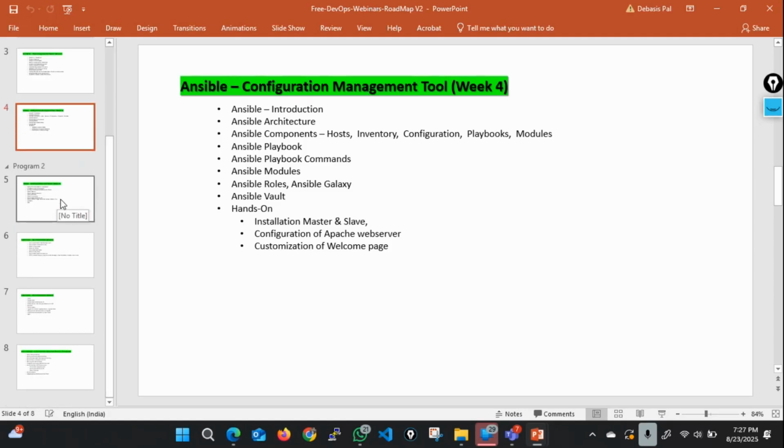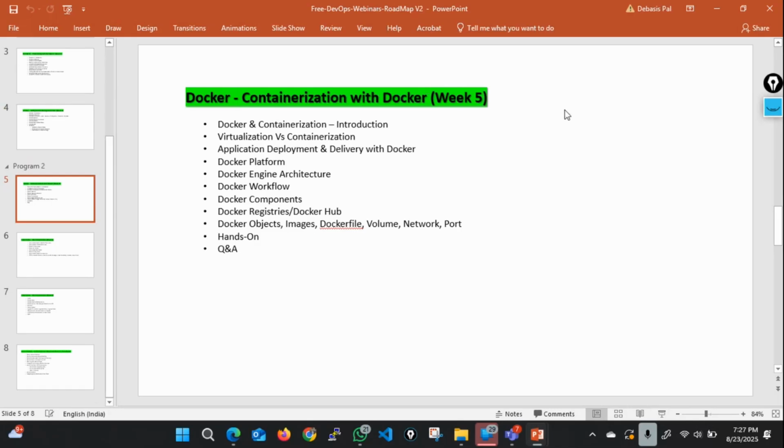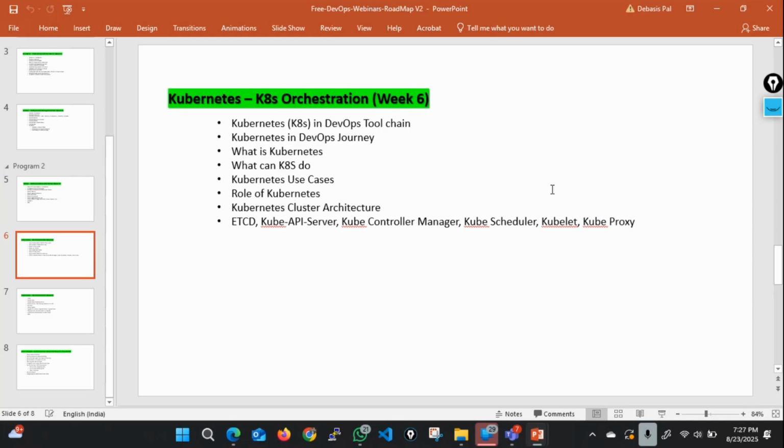What is there? In the second half, on week 5, if it generally follows 1 week for each of these topics, then on week 5, we will start Docker. Now, in today's world of IT, anywhere, whether you are using AI or data science or cybersecurity, you cannot escape the knowledge. You have to have quite good knowledge of Docker, a containerization tool. Then we start with that.